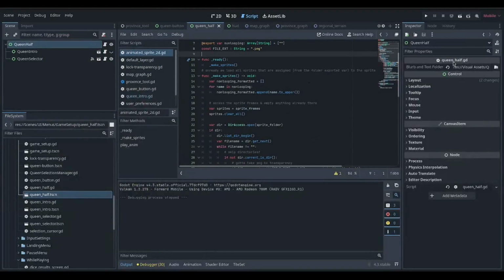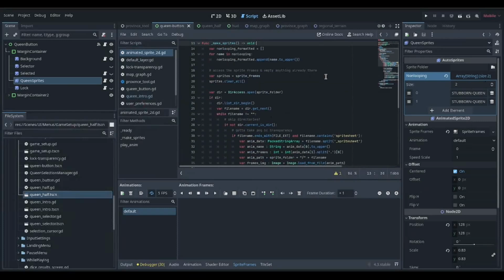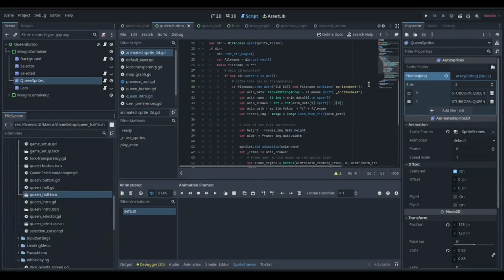And beyond that, I just pass the folder. This is the queen button on the sprites. So I can pass the folder and call make sprites, and I make sprites a callable function if I need to change sprites on the fly. But in essence, it just reads the folder, reads the file names, and then as long as you pass in a row sprite sheet with a very specific